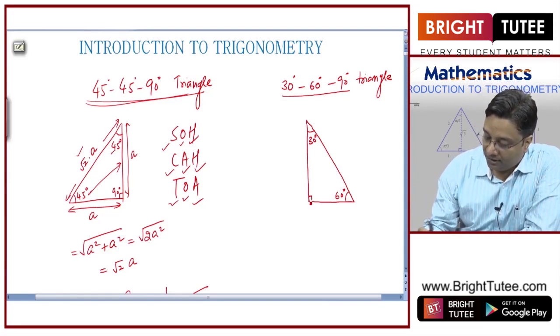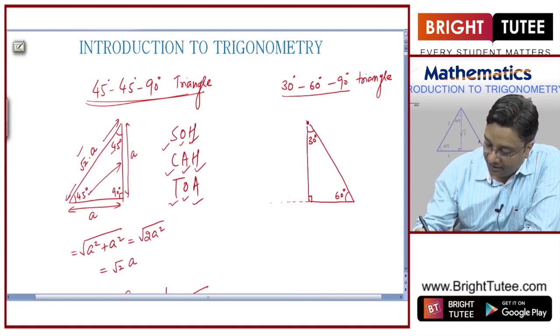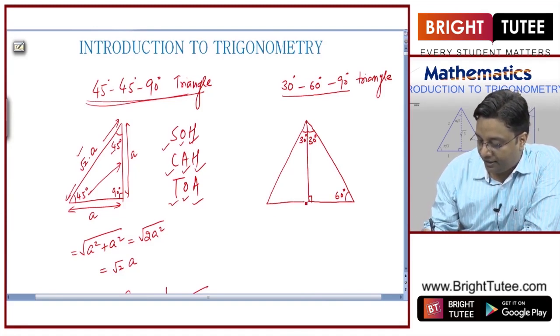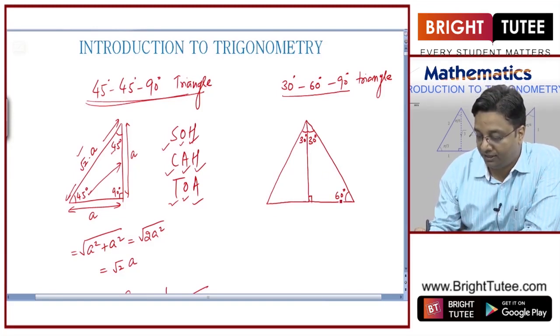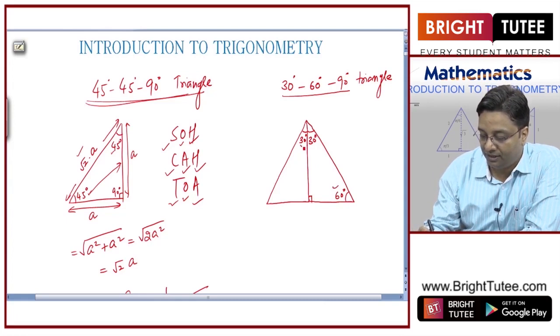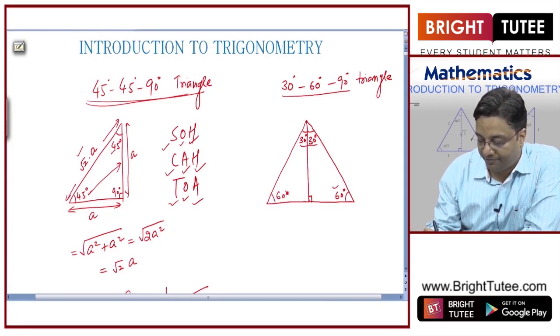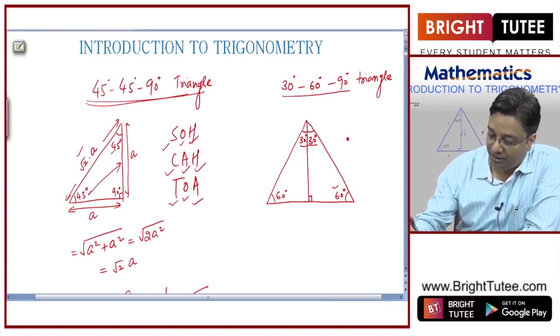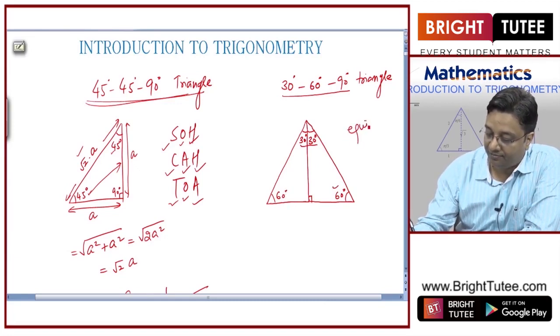First of all, let us do a construction here. Let us extend this side here and make this angle equal to 30 degrees, right, and complete this triangle. Now, if you can see, this is 60, this is 60, so this angle will also be 60 to make it 180 degrees complete, right. So this becomes an equilateral triangle,